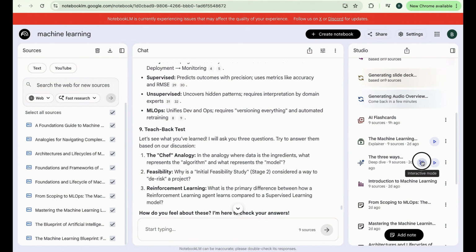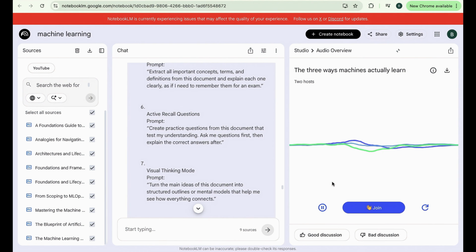Click on Interaction Mode, play the audio, which in reality is just a set of mathematical rules that are actively trying to extract patterns from those ingredients. Right. And then the actual machine learning model is the final dish. Yeah, perfectly said. It's the result. Right. I mean, if you're building a system